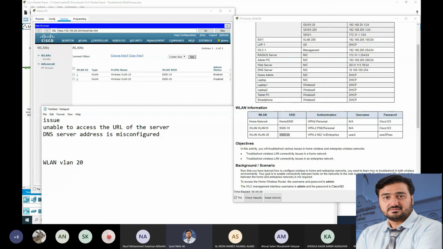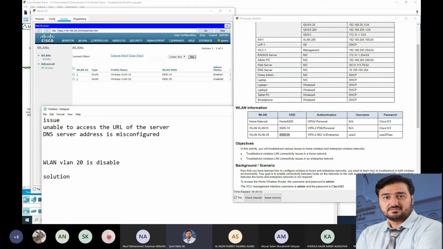You can write that wireless LAN 20 is disabled. Yeah. So this is a problem. What is the solution? Yes, tell me. So you need to enable the admin status. Yeah. Solution.